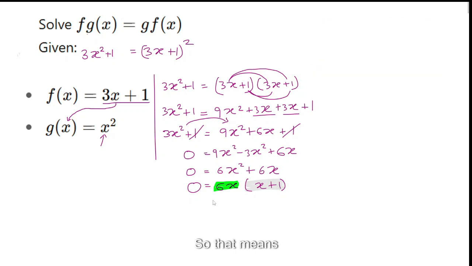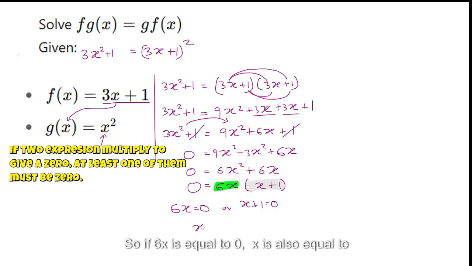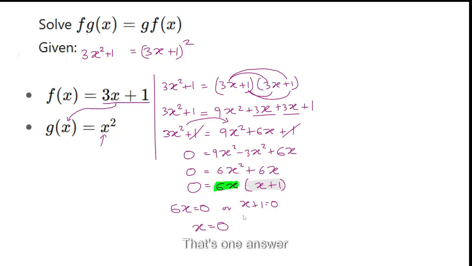So that means it's either 6x is equal to 0 or x add 1 is equal to 0. If 6x is equal to 0, x is also equal to 0. So that's one answer. Or move it to the other side, x is equal to negative